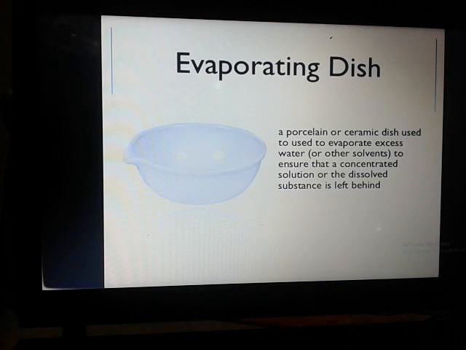Water boils at 100 degrees Celsius, and methyl alcohol at 75 degrees Celsius. Some volatile substances have boiling points below 18 or 25 degrees Celsius. These substances can easily volatilize, or you can say easily evaporate. Sometimes this happens even below 10 degrees Celsius, so at that time we need to keep that particular substance in a refrigerator.